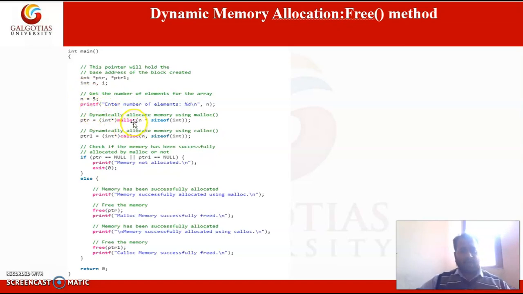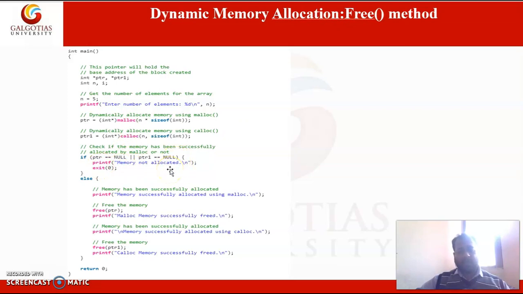Using the calloc and malloc methods we are allocating the spaces. In parallel we are checking whether both methods have returned a valid memory address or not, using the null value.